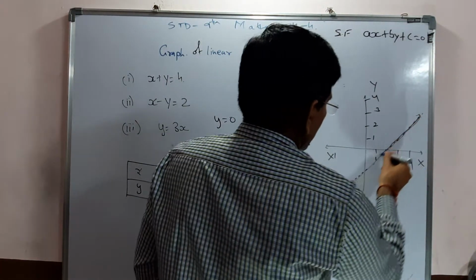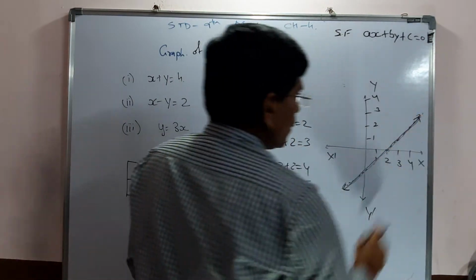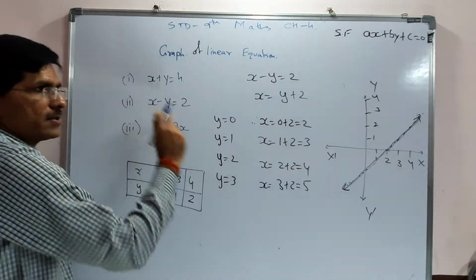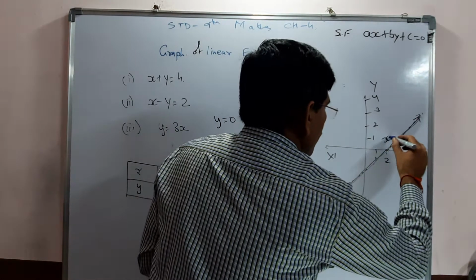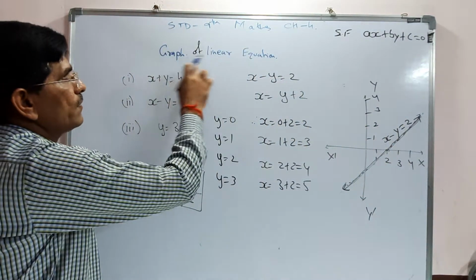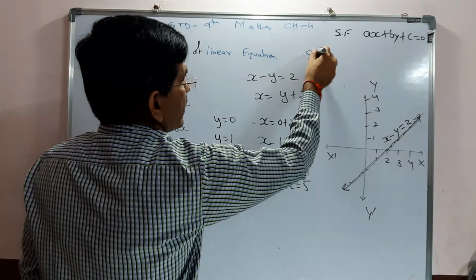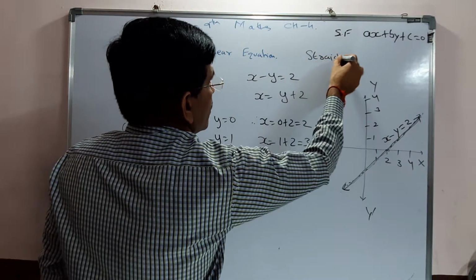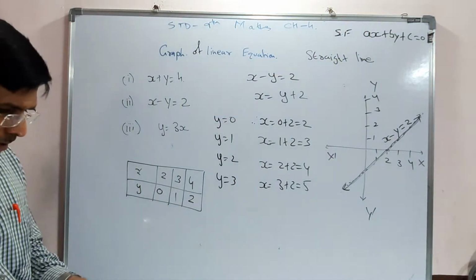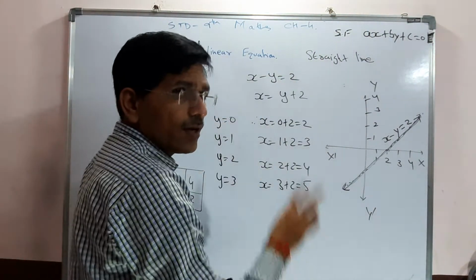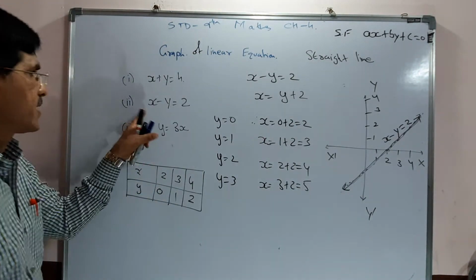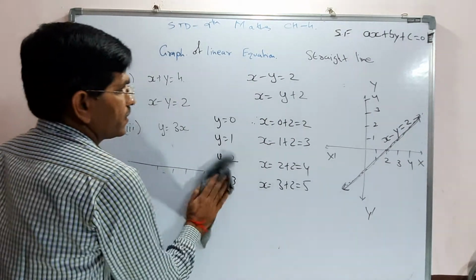Now how can we represent it in a proper way? We have to write the name of the equation, that is x minus y is equal to 2. So I will write x minus y equal to 2. The graph of a linear equation is always a straight line. It will intersect both axes when a, b, c is given. So that was the second sum, now the third sum that we want to discuss.